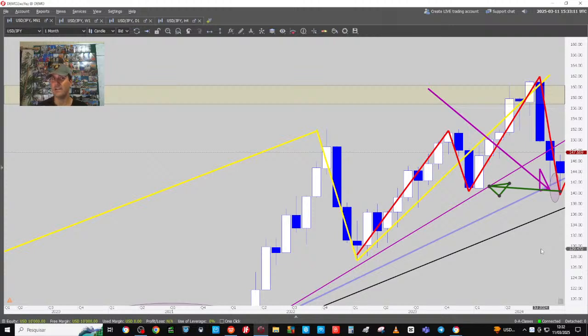This is something valuable to learn, so you can correct your friends and family. Dear father, why did you short there? Because I'm on the 15-minute chart, but the monthly controls the 15-minute. Sister, why did you short there? Oh, because I'm on the 1-hour chart, but the monthly controls the 1 hour. Mother, why did you short the market there? Oh, because I'm on the 4-hour chart or the daily, but the monthly controls the daily. This is something valuable to learn.